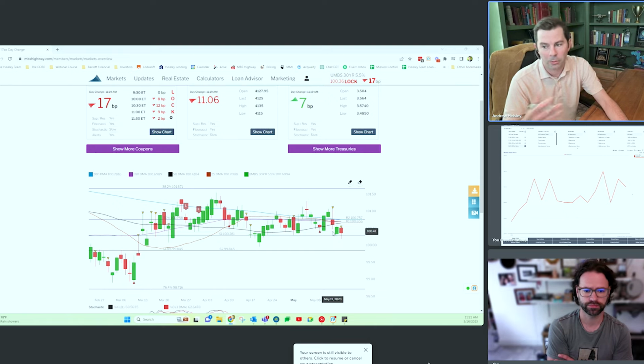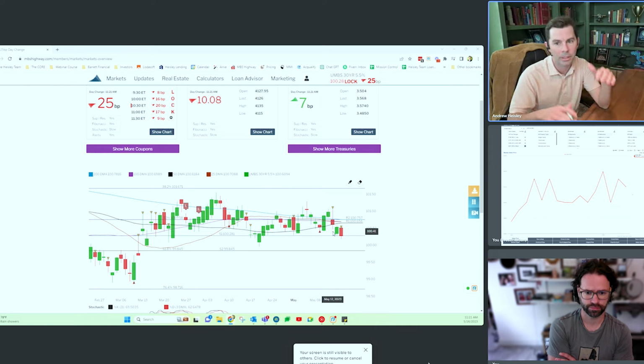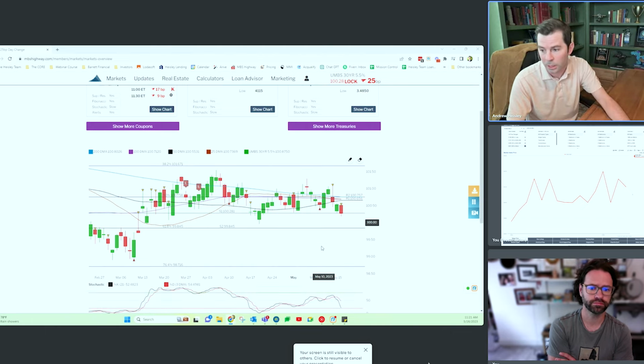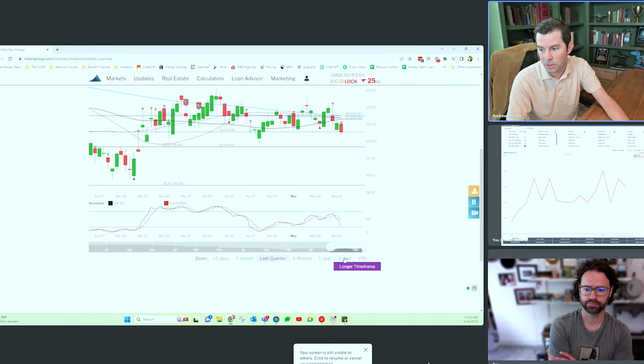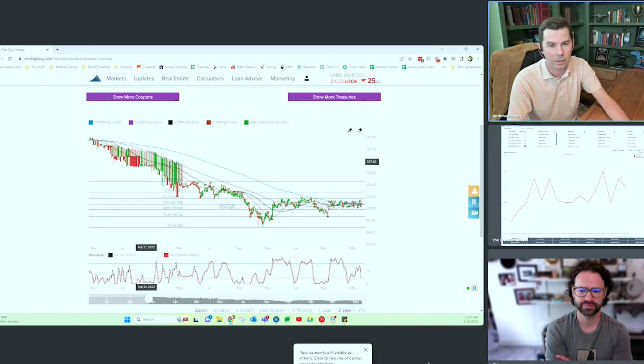Everybody's talking about, oh, rates are going up and the Fed has done this and the Fed has done that. Yes, but there are other counter levers that keep the rates kind of flatline, right? Just because the media wants to tell you one thing doesn't necessarily make it the case. Yes, in general, rates are higher. If we go back on, let's say, a 2-year run, as you can tell, these are 2% rates. Oh my gosh, right? But most of you, not all of you, couldn't really afford to buy if you're first-time home buyers, until about right here, because there was so much pent-up demand that everybody's doing 30, 40, 50,